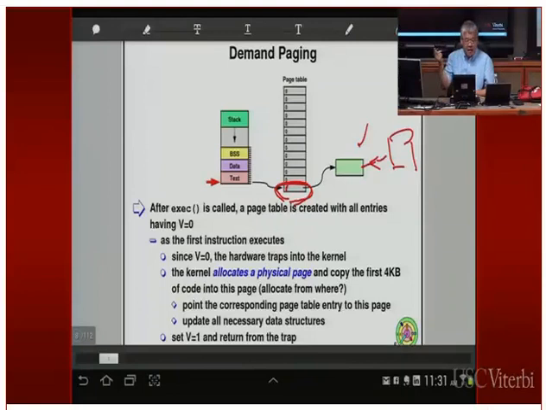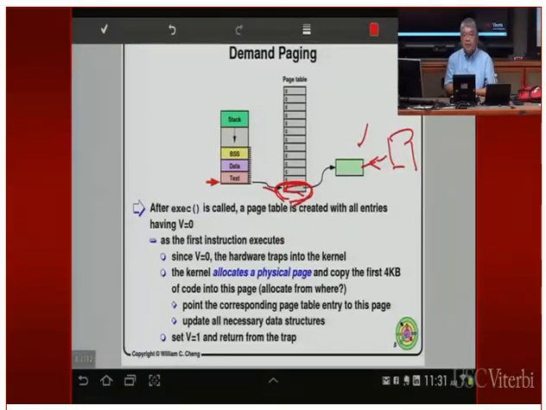Then it will repeat, and the second time, the validity bit is equal to 1, and hopefully the page table entry is correct. If it's correct, this time the translation is going to be cached into the translation lookaside buffer inside the CPU, and it's also going to be able to fetch that data from main memory. At this time, this physical page number better point to this page, so you do the left shift by 12 bits, add the offset, and get this memory location, and that's going to be the first instruction that you need to execute.